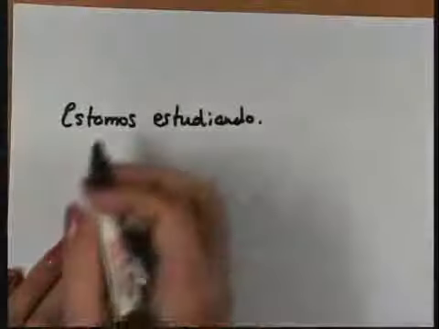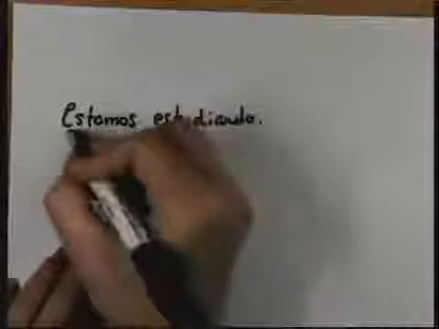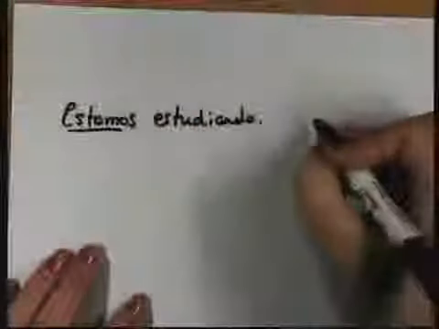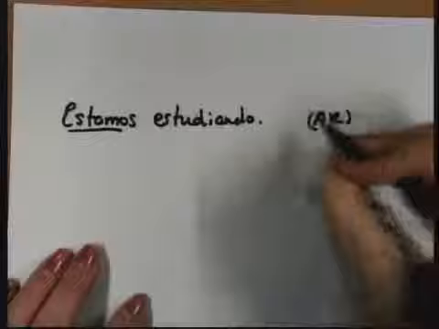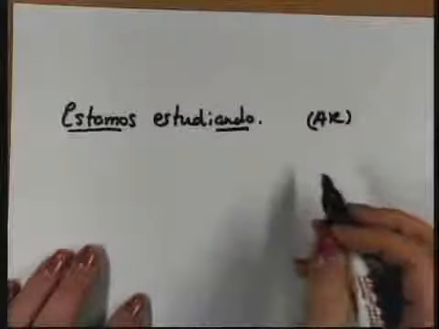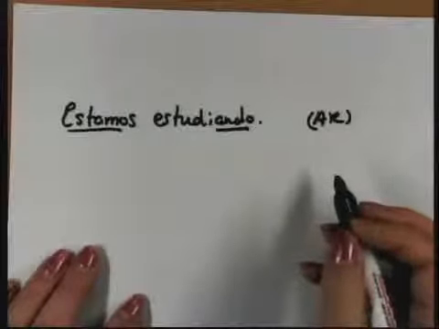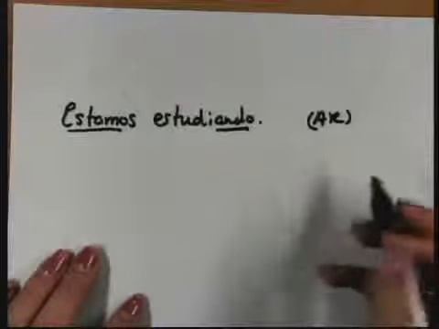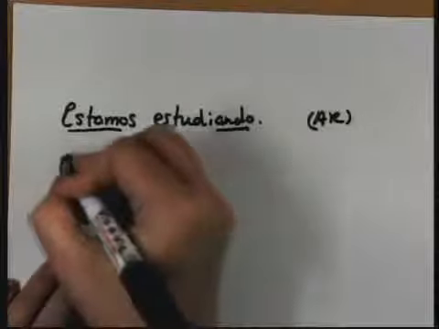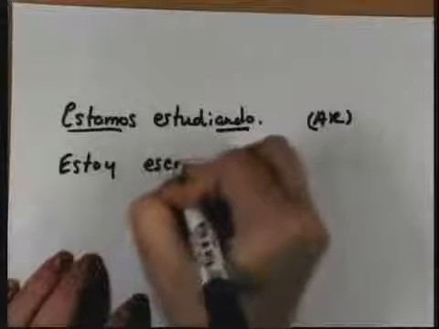Remember, we use the verb estar, and I want to talk about us, so it will be estamos, and then you take an AR verb. This is an AR verb. You take off the AR and you add ando. Estamos estudiando. Estoy cantando, estoy bailando, estoy comprando, etc., etc. Otro ejemplo, estoy, what am I doing right now? Estoy escribiendo.